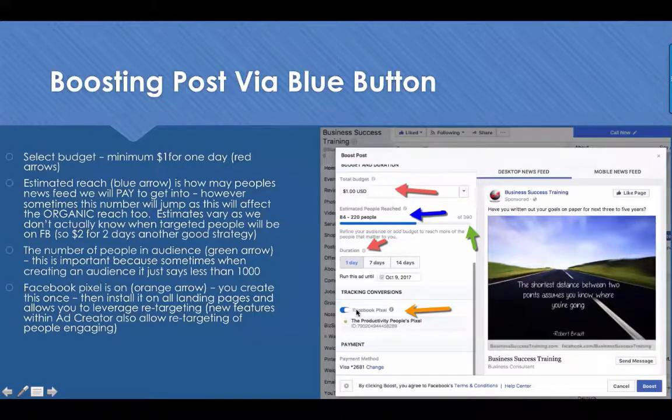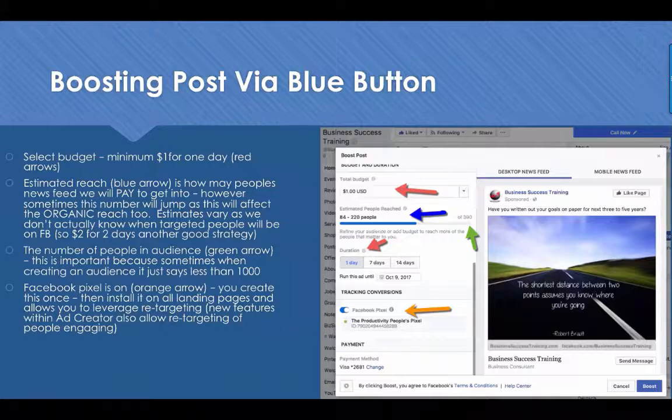And then you also want to make sure that for all your posts, you're using the Facebook pixel. You've activated it. So now people that are responding, it fires the pixel, especially if they're going over to your website or they're going to your opt-in page. Now, a Facebook pixel is beyond the scope of what we're going to talk about today, but it's a little piece of code that you get once. Mine happens to be here. And all I do is I put that on a website, and then anybody that hits that website page, I can go ahead and retarget to them.